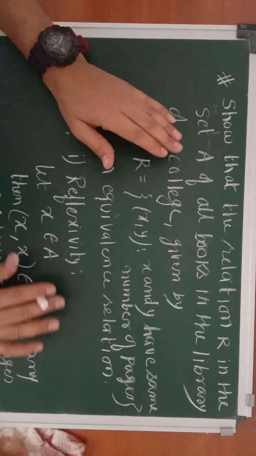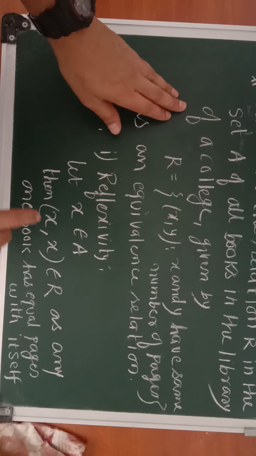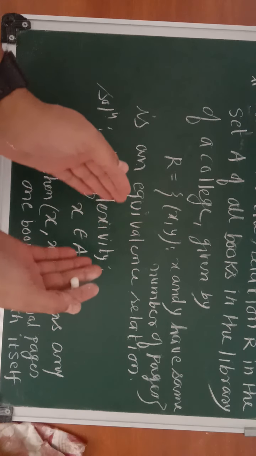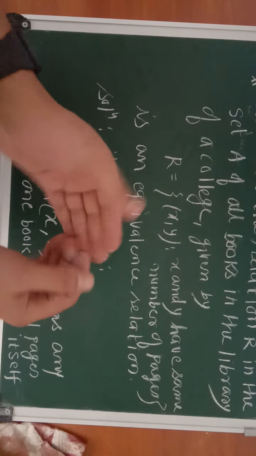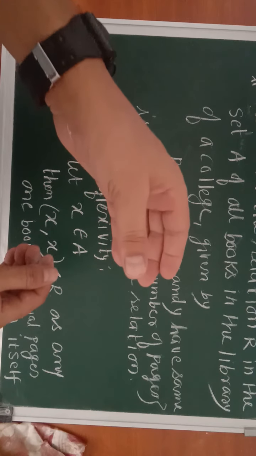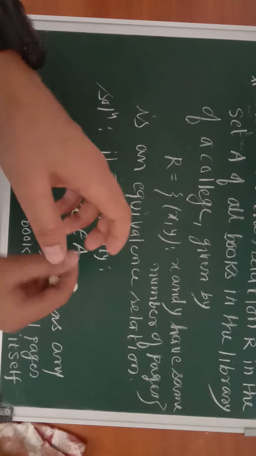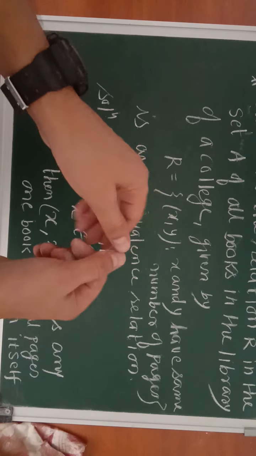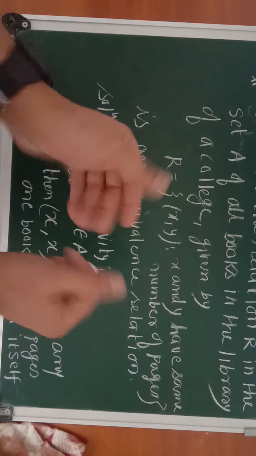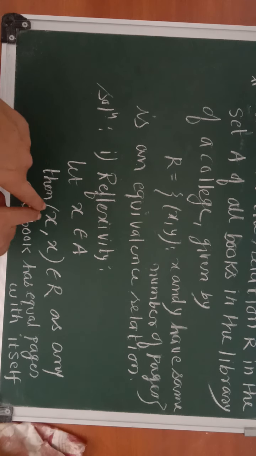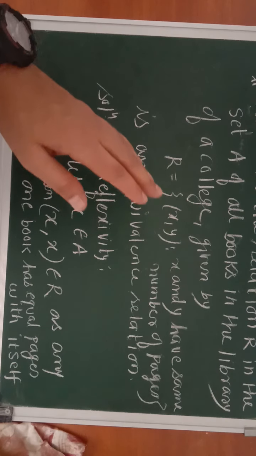दुनिया में किसी भी बुक को अगर उसी से कंपेयर किया जाएगा तो डेफिनेटली आप कह सकते हो कि अगर मैं एक ही बुक मैथ्स की लेके बैठा हूँ और उसी को मैं दोबारा देखूँगा तो डेफिनेटली सेम नंबर ऑफ पेजेस ही होंगे, है ना। जैसे आपको अगर मैं 100 रुपीज़ नोट की एक गड्डी दे दूँ और उसमें 100 नोट्स ही हैं, आपने एक बार गिना एक डायरेक्शन से तो 100 आए, फिर चेंज किया फिर से गिना फिर भी 100 आए, आप डायरेक्शन कितनी भी बदल लें करेंसी तो 100 ही रहेगी। ऐसा ही बुक का भी है ना। तो हर बुक अपने आप से तो रिलेटेड है ही क्योंकि इक्वल नंबर ऑफ पेजेस है। ऐसे ही हम बाकी दो प्रॉपर्टीज़ भी प्रूव करेंगे।